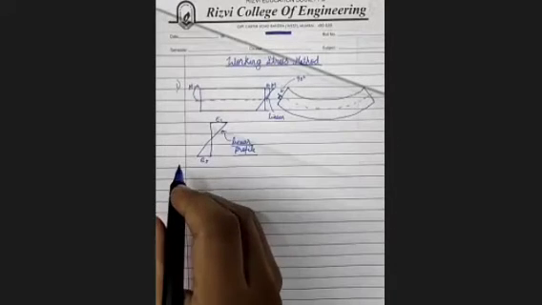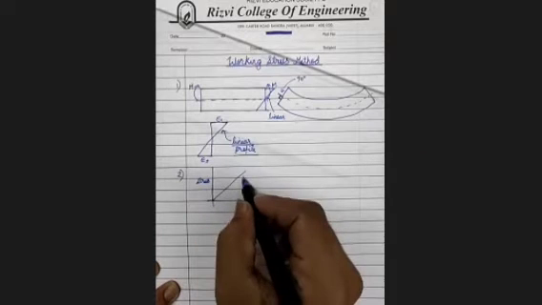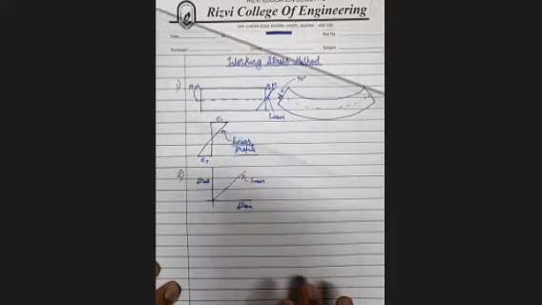One more assumption we had. What was the next assumption? That the stress strain relationship is linear. It simply means that suppose this is your strain and this is your stress, and we are considering this as linear. As simple as that. This assumption is very simple: we are considering the stress strain relationship as linear.